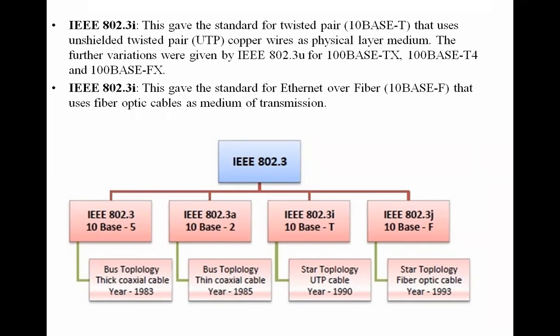IEEE 802.3i. This is called a twisted pair. Twisted pair is nothing but, inside the cable, some wires are connected. One is red, blue, green, yellow. I think you have seen that cable. Once you cut that cable,